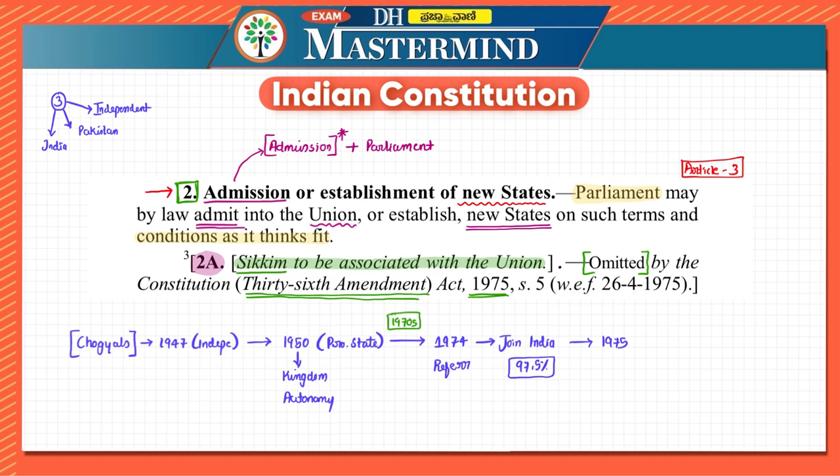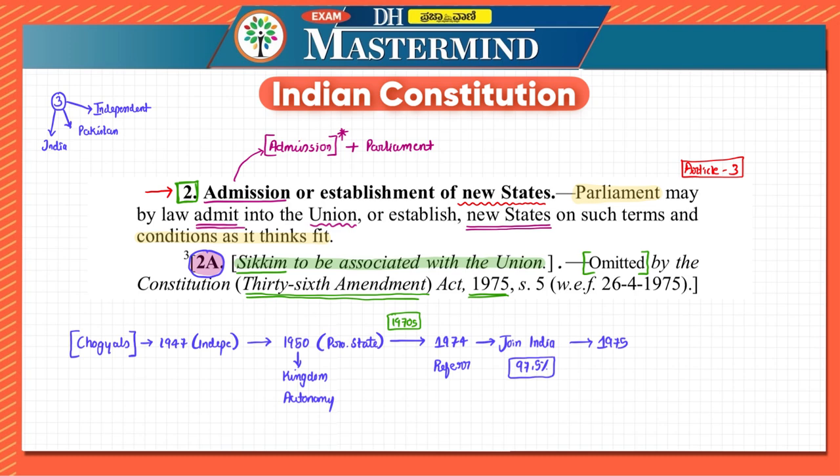Later on, the 36th Constitutional Amendment Act was passed, and in that, Sikkim, which was kept in order as a protectorate state, and later by the 35th Constitutional Amendment Act was given another status, that is, an associate state, had that status removed, and it was made a full-fledged state. Now, this has already happened, so the probability of this being asked is a little less.